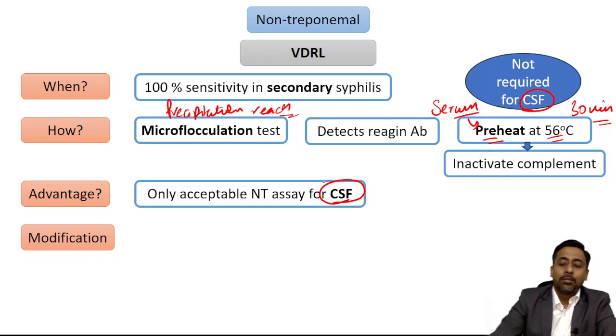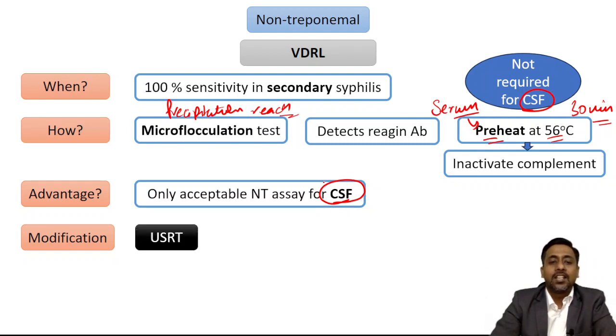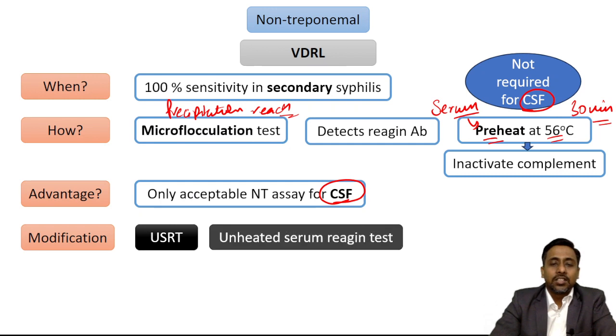Remember this. And the modification which we can see in VDRL is USR. What is that? USR, unheated serum reagin test. Unheated serum reagin test. So we will not heat the serum this time. So first of all,